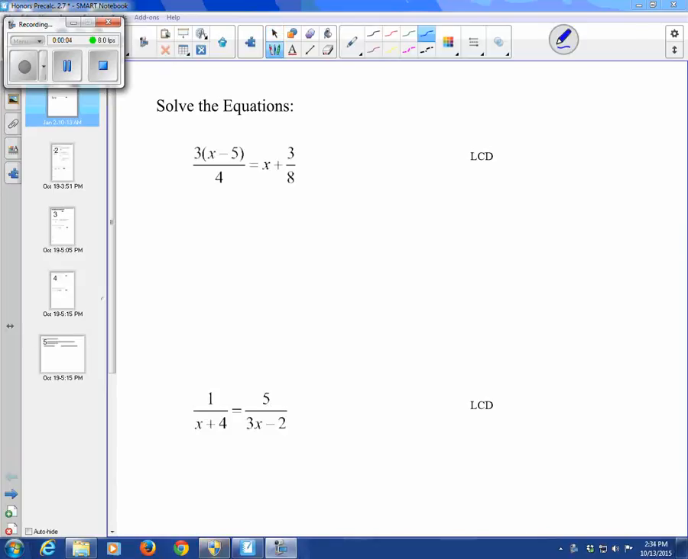All right, guys, so this is our last Flip the Classroom lesson of Chapter 2. In this lesson, we're going to talk about solving rational equations. And for us, rational equations are going to be equations that have terms with polynomials in the denominators. And so we're going to be looking for the x values or the variable values that will make those statements